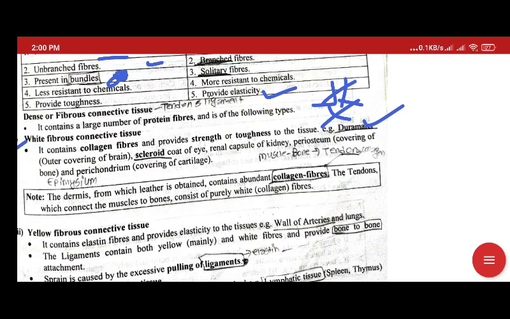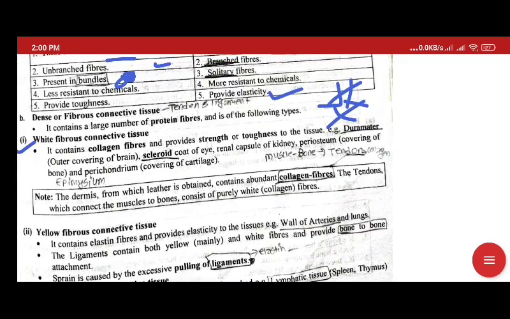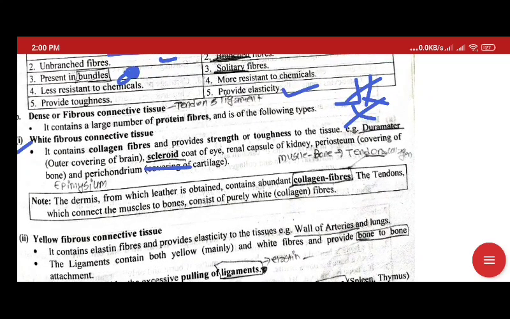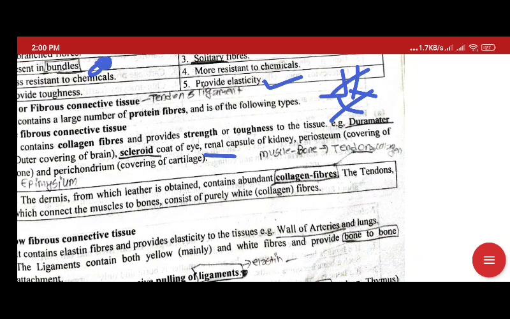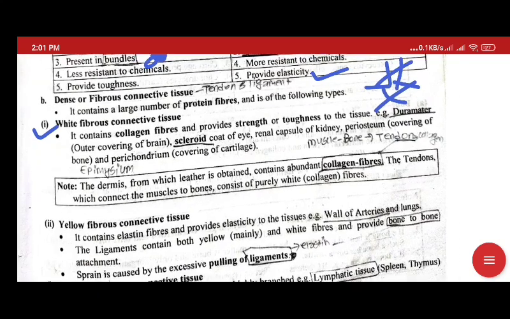Duramen is the outer covering of the brain. The brain has three types of covering, and the outer is duramen. The eye covering is scleroid. Also we have the renal capsule of the kidney. Also we have the covering of bone,